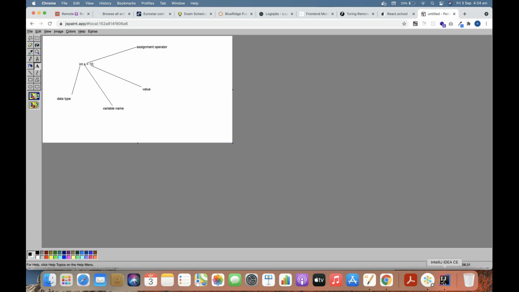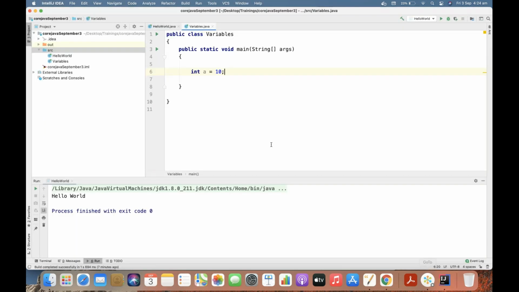Why I'm declaring this variable is, maybe I want to do some calculation. int is a data type; basically, I'm storing some number only. There are different data types, primitive and non-primitive, as I said, which we'll see in the next session. So this is how you declare a variable.